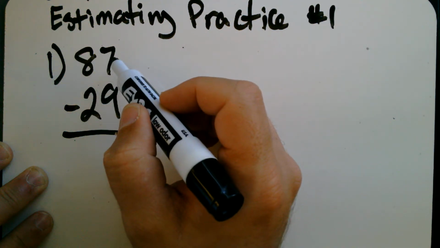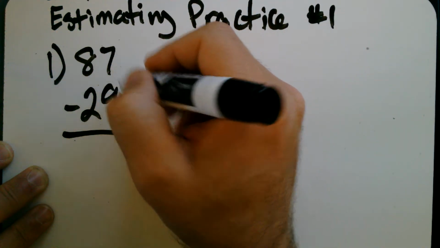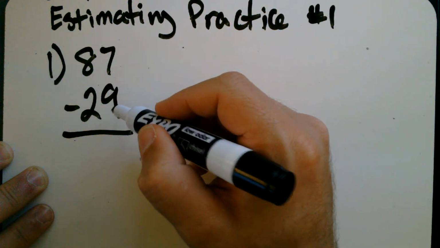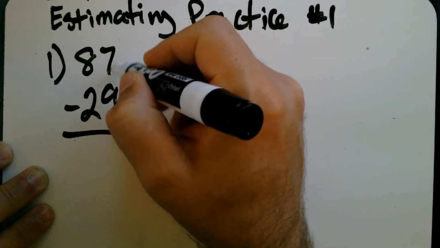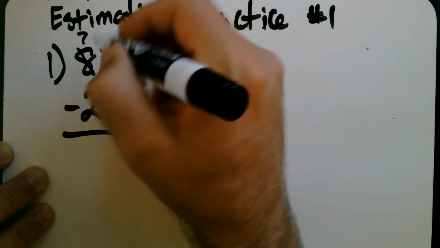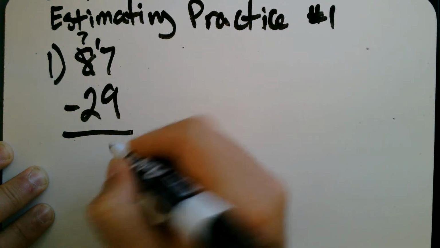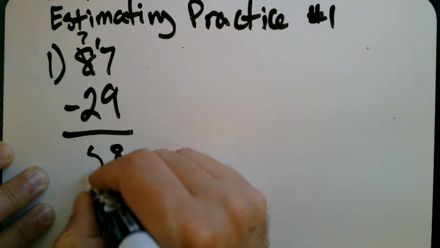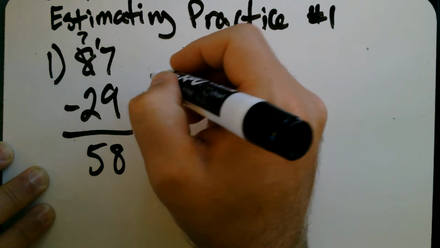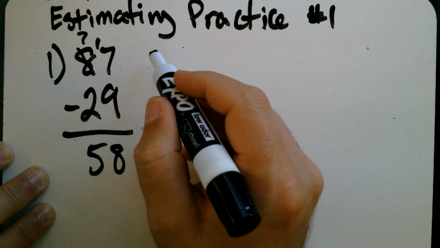to regroup or borrow. If I was to do this normally, I would have to say, okay, since 7 is smaller than 9, I can't subtract 9 from 7, so I've got to borrow from the 8, regroup. 17 minus 9 gives me 8. 7 minus 2 gives me 5. Now that didn't take me a big long time, but if I said, okay, if I want to estimate this,